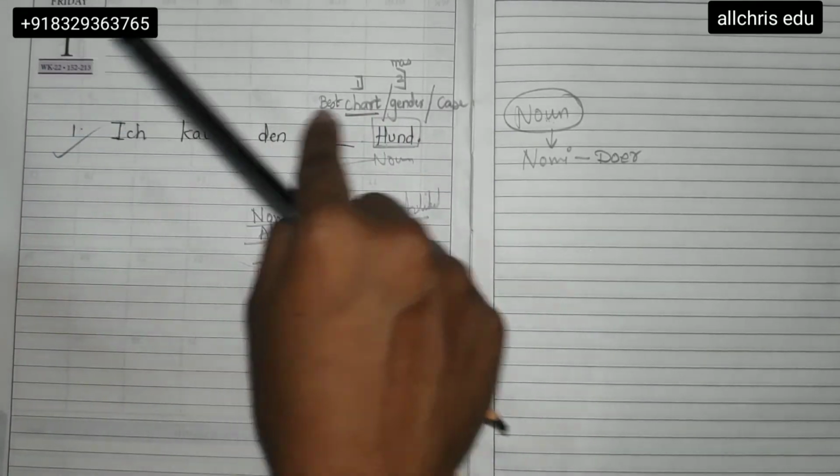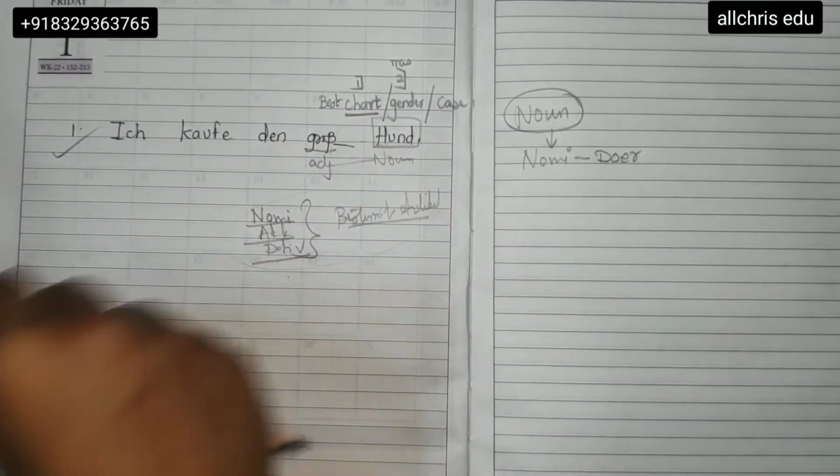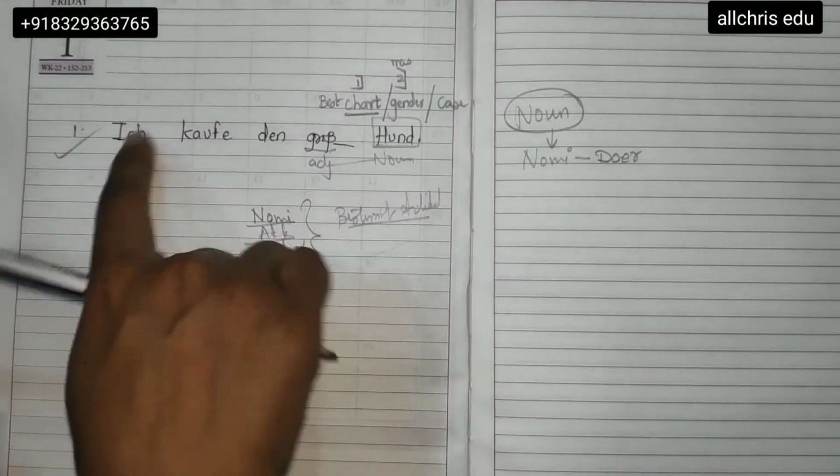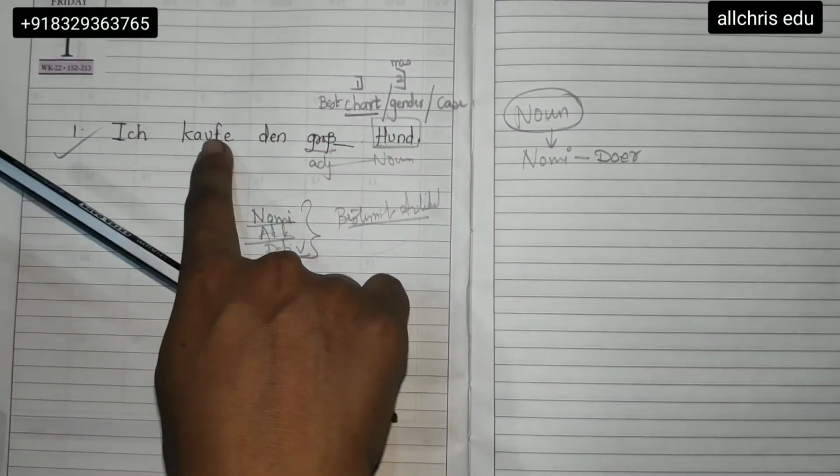I am buying dog. And I always tell you, whenever you are learning any topic, until your exams, only learn nouns and verbs. If you learn this much also, you will know each and every sentence meaning very properly. If you know grammar and if you know nouns and verbs, you are all set to do everything. So Ich kaufe Hund. I am buying dog.